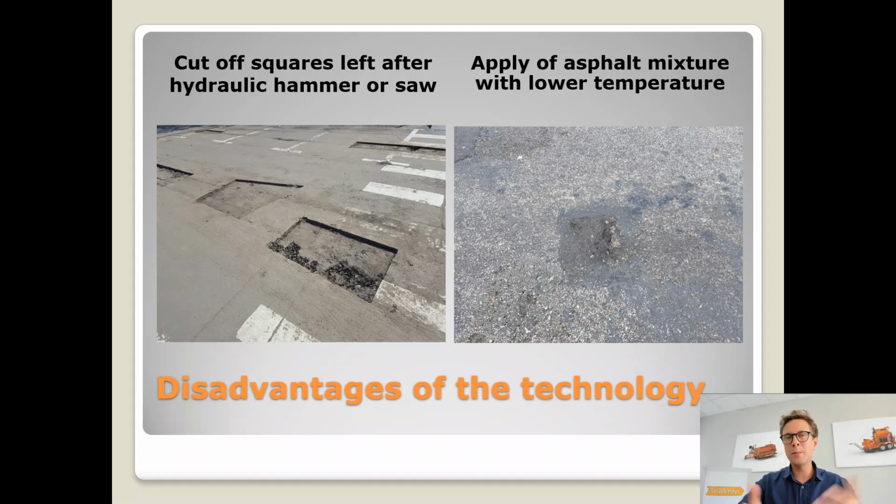And imagine what happens to the hot asphalt mixture, which is delivered to the place of repair with a normal tipper truck. In the worst case, even without the cover on the top. Now that would get you to the temperature loss and make this hot asphalt mixture not workable. So this is why we insist